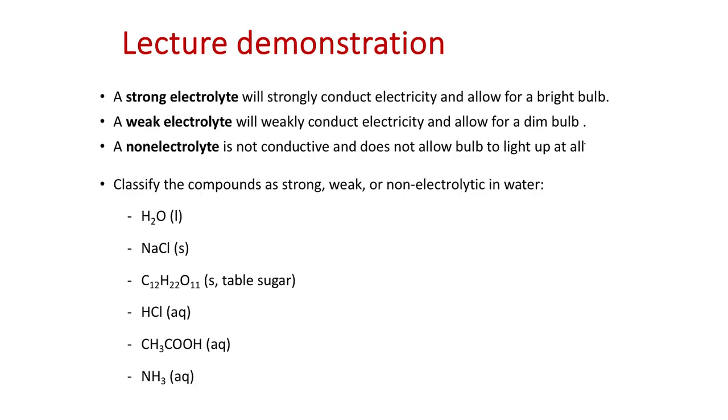Let's wrap our demo up here. So again, a strong electrolyte strongly conducts electricity, allows for a bright light bulb. A weak electrolyte will weakly conduct electricity and allow for a dim light bulb. A non-electrolyte does not conduct electricity. So we see water itself is a non-electrolyte because we saw that it didn't cause the light bulb to light up. Now again, don't take this to mean that water doesn't conduct enough electricity to worry about electronics or surrounding water. That's still very dangerous. It conducts enough to be concerned about electricity near items, but it in and of itself